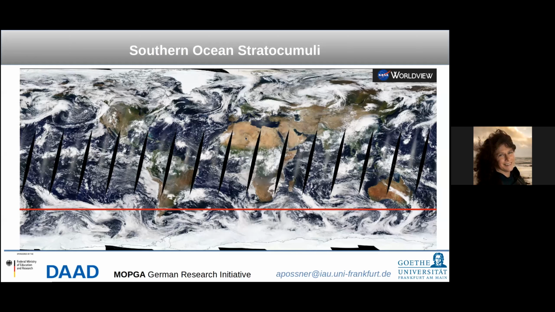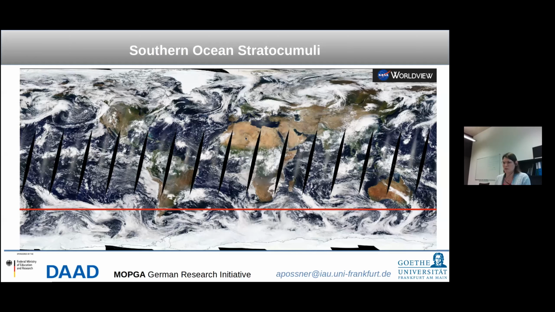So the one thing that we care about a lot in terms of clouds in the climate system is how much they reflect radiation and how they interact with the radiation, and thus what their role is for the energy balance, so the energy budget of the Earth. So generally the temperature of the Earth is set by how much energy is absorbed at the surface, and then how much energy is again in the long wave spectrum re-emitted back to space. And the role of the clouds is to reflect a lot of the incoming sunlight and thus shade Earth's surface and generate a cooling impact.